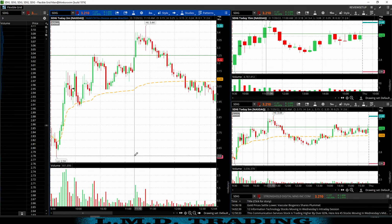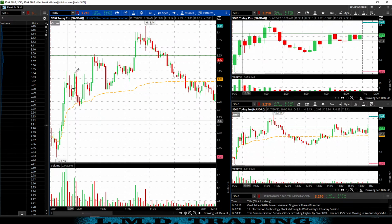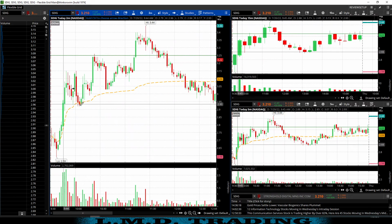5 minute or the 2 minute chart. That's about a halfway pullback between there. Actually, no, halfway would have been all the way back down here where it actually came to. Let's not even lie. So,